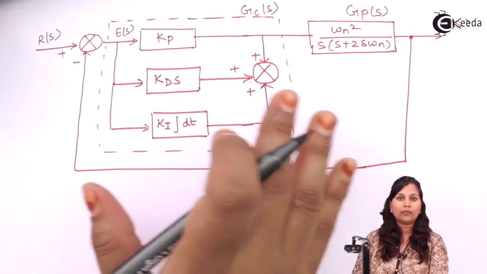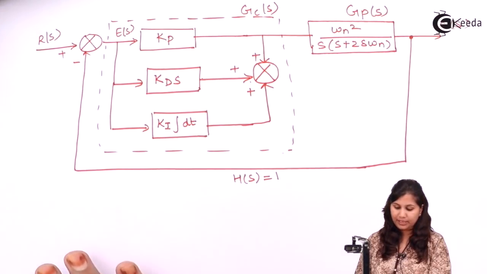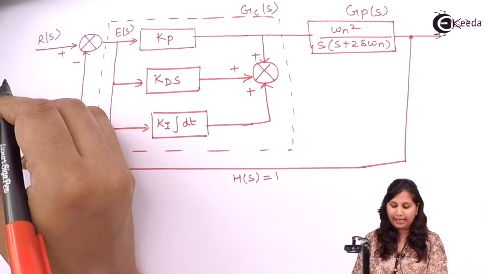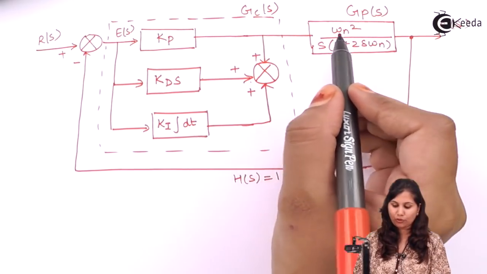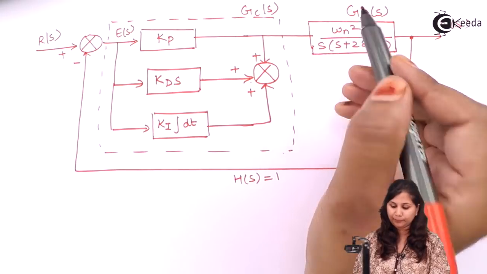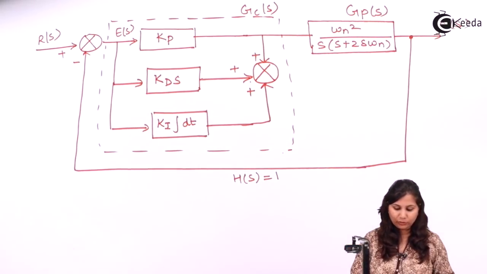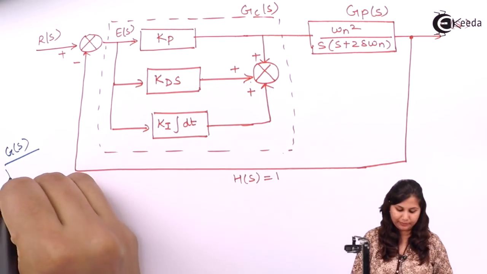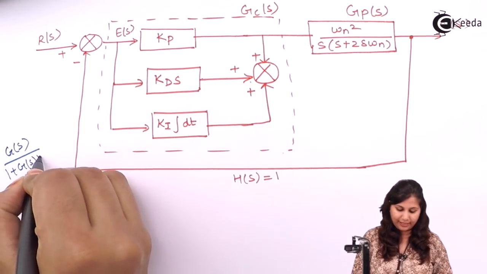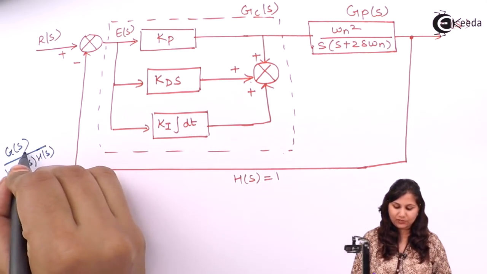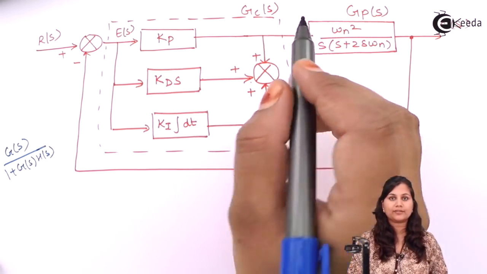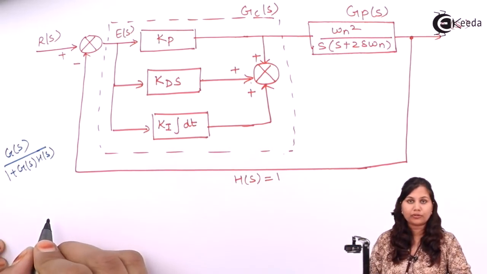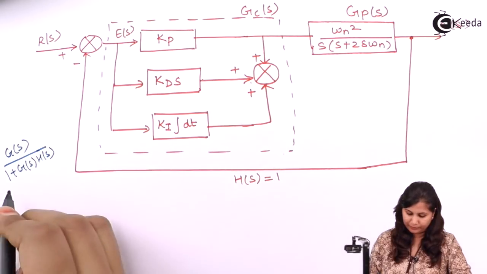Now if we write the overall transfer function of the system, it is given by the ratio of C(s) and R(s), and it will be the multiplication of GC and GP. Because we know that for a unity feedback system, the transfer function is G(s) upon 1 plus G(s)H(s). Here H(s) is 1 and G(s) is what? It is the multiplication of GC and GP. So we will write here the overall transfer function of the system will be